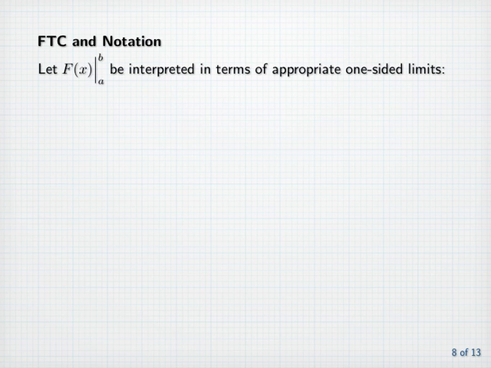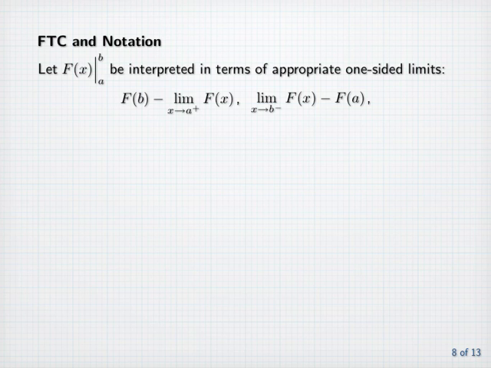Some remarks with regard to the fundamental theorem of calculus and notation. We can use our usual notation for the evaluation of an antiderivative between integration limits if we simply let capital F of x evaluated between a and b be interpreted in terms of appropriate one-sided limits. That is, F of b minus the limit as x approaches a from the right of F of x in the case where the integrand is unbounded as x approaches a from the right, the limit as x approaches b from the left of F of x minus F of a in the case where the integrand is unbounded as